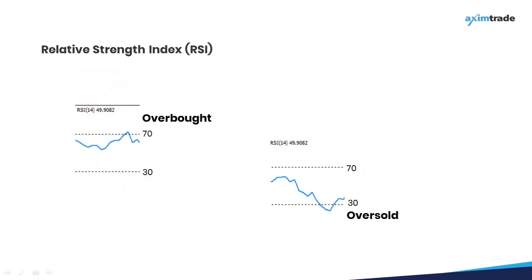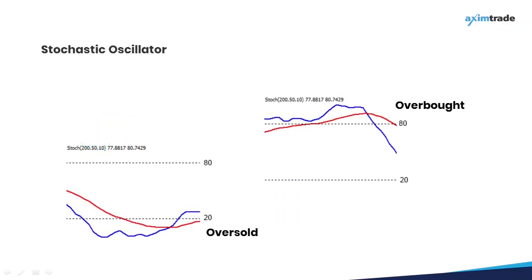RSI. The Relative Strength Index indicator is most typically used to determine whether a market is in an overbought or oversold condition. When the RSI indicator is at 70, it indicates an overbought condition, and when it's at 30, it indicates an oversold condition. Stochastic Oscillator. The stochastic oscillator is a popular trading indicator used to determine the strength of a market